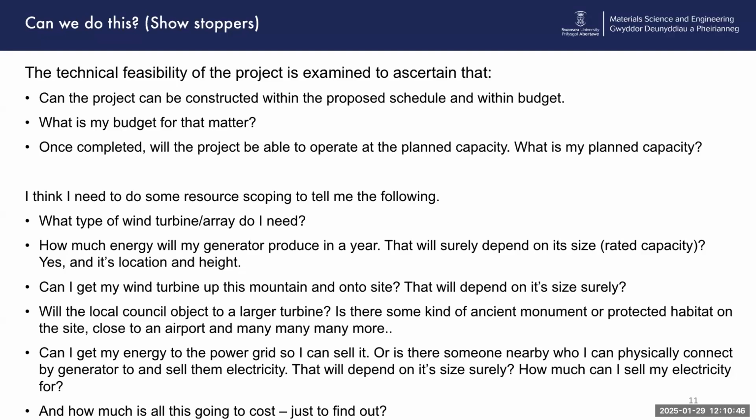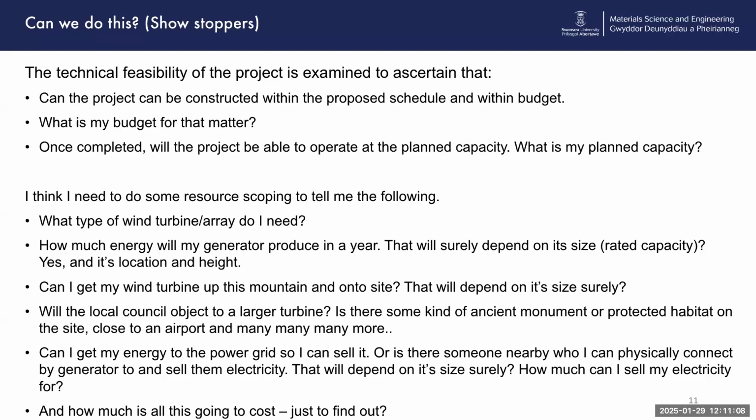And once we complete it, will this asset actually operate at its capacity, or will it break down all the time? And for that matter, what is our actual planned capacity? So as we start asking more questions and start thinking about it a bit more, we think to ourselves, well, we're going to have to do some sort of exercise here, aren't we? We have to do some sort of, I've called it resource scoping